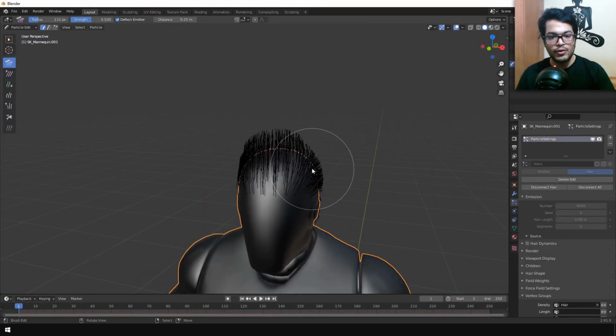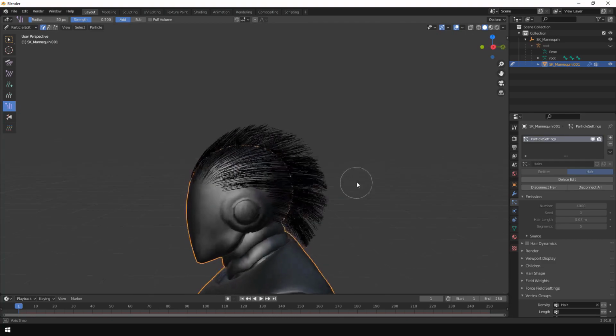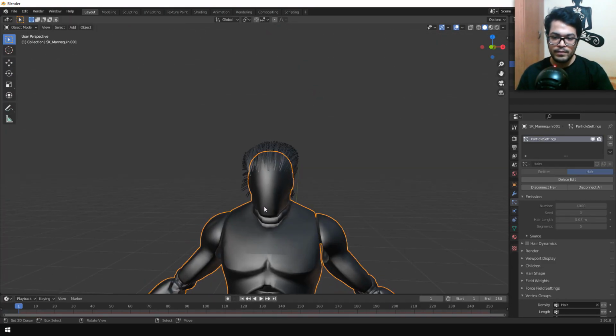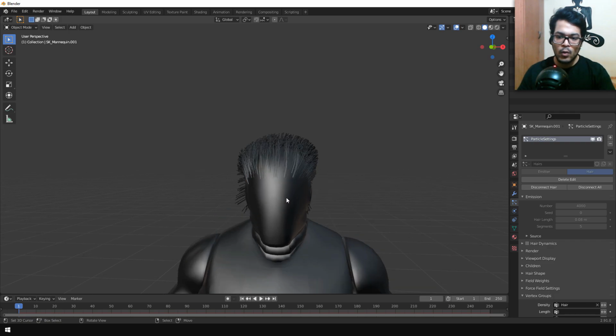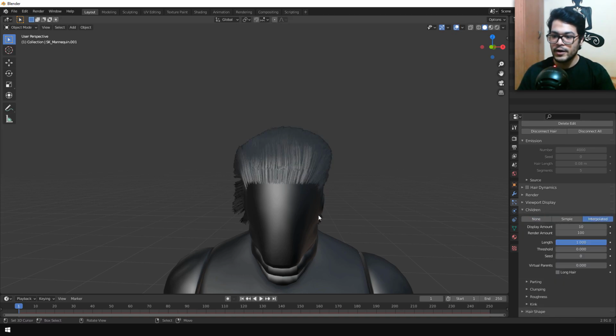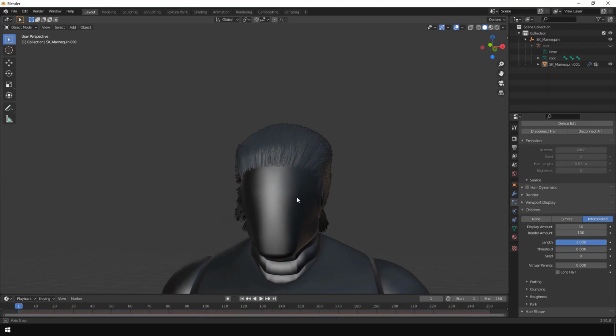Now I'm going to use the puff tool, and the puff tool is really quite powerful. Once you are done with the hair, you can go to the object view, and now we are going to add some children. So in the particles tab, under the children, you can select the interpolated type, and as you can see, we have a lot of hair.